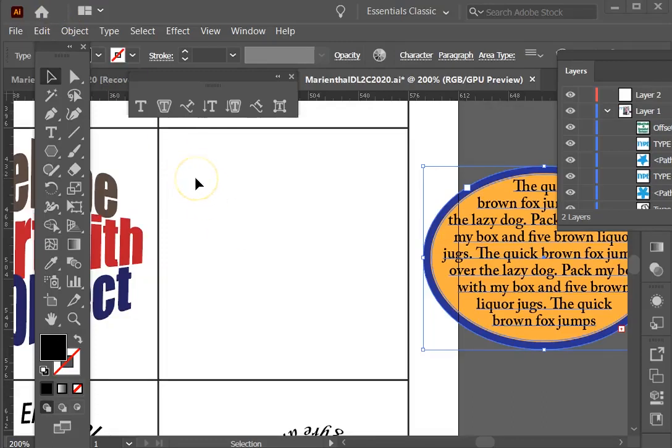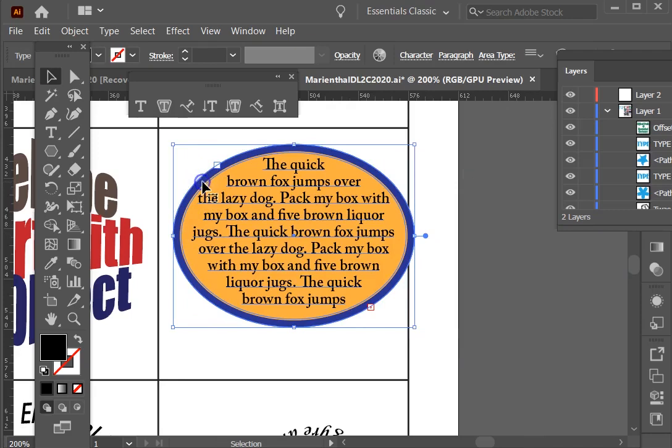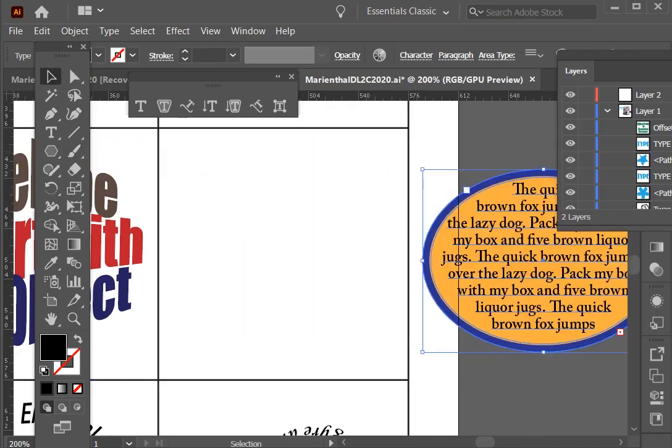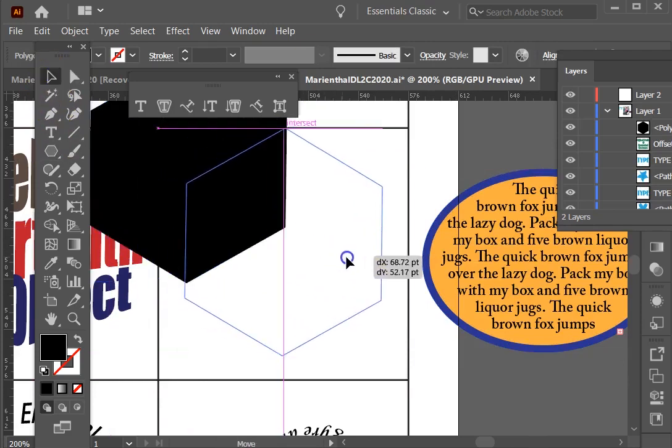I had a technical issue with demonstrating area type on the main video for this project. So once again, here is an example of area type, which is type added to a shape. I'm going to create a shape here. Doesn't matter what shape you use. You can